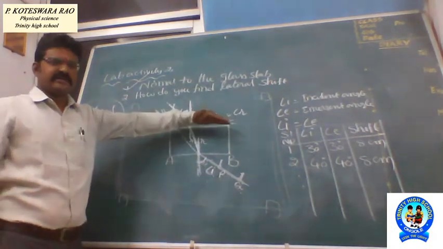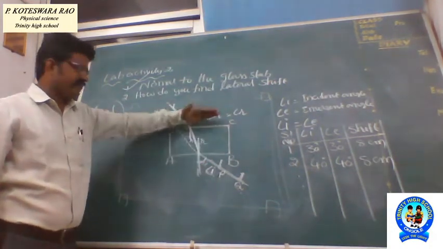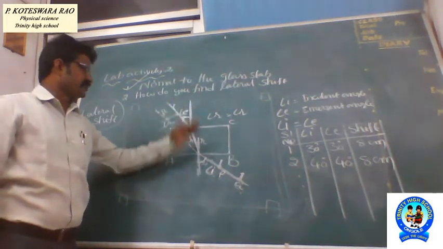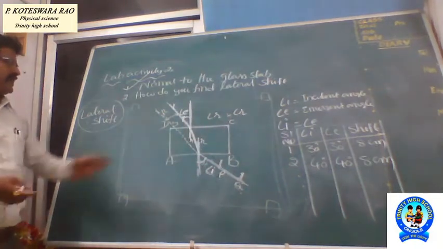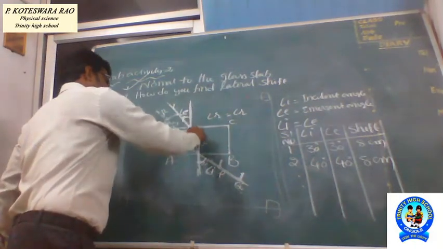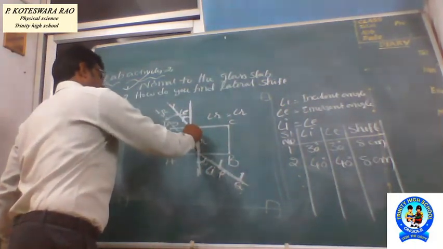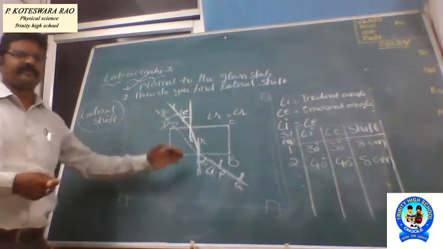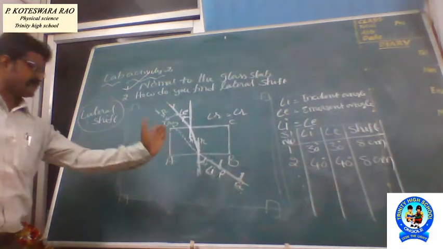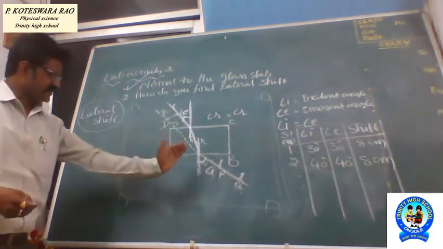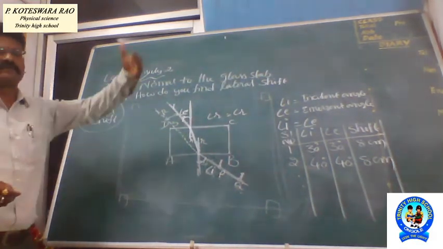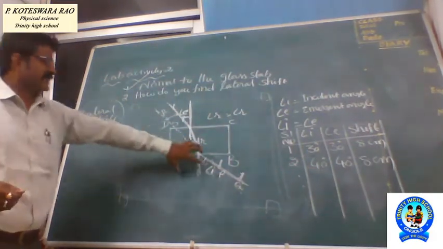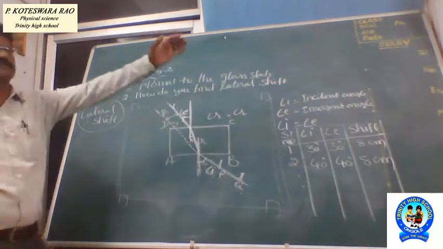Here the two parallel lines are the same, and also it is a rectangular glass slab. Angle I should be equal to angle E. And if you draw the line here, this is a refracted ray, and these angles are also called refracted angles. These two angles are also the same. So we want to keep increasing the angles: 30, 40, 50, 60, like that, and every time we will get the angle of incidence, angle of emergence and shift.